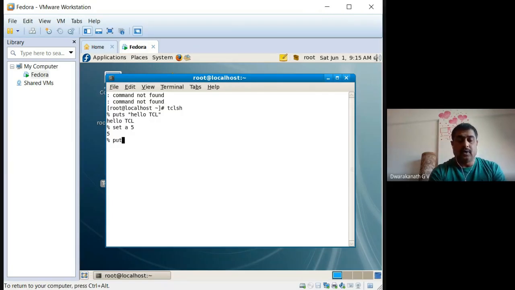Now if I want to see that value, puts a. Now tell me, what will be the output? Come on, come to the audio. What will be the output? puts a, if I type that, what will be the output? Quick, respond.